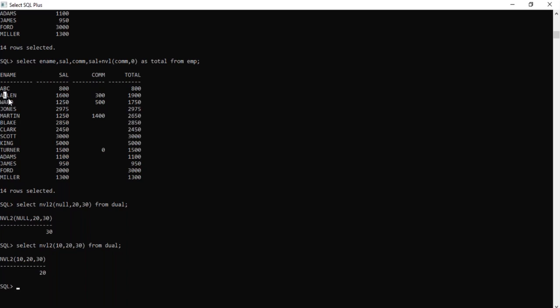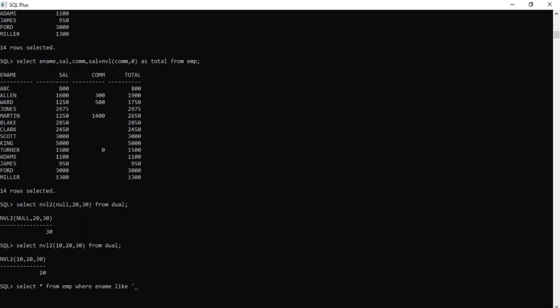I will give you so many scenario questions, you don't need to worry. Now see here, second letter L: Blake, Clark. So we can get the data like this. I'll give you 200 scenario questions I have, so you can practice on top of that.